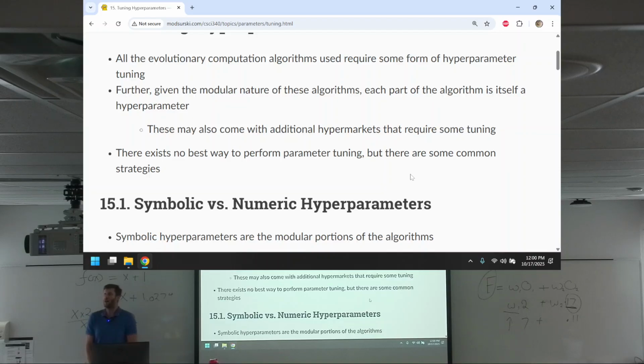So all evolutionary computational algorithms require some hyperparameter tuning. That's great. If you sit down and hit run once, you're doing it wrong. Given the modular nature of the algorithm, there's a lot that you can do. Each part of the algorithm itself is effectively a hyperparameter, which may or may not come with additional knobs to